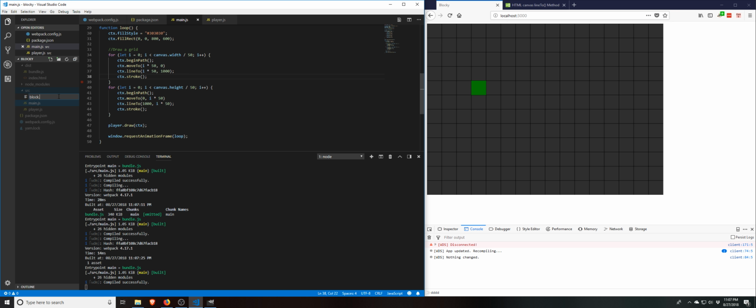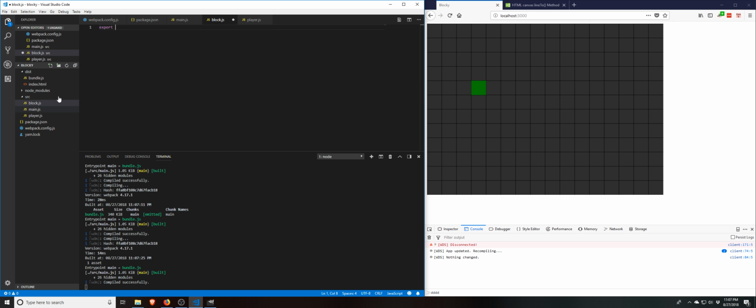So block.js and export default class Block. And there are going to be certain things that every single block has, and that's kind of what we're trying to sort through here. We're going to take in a position, which is going to be an X and a Y, and we'll say this.position equals X is going to be X, Y is going to be Y, and then we'll say this.color equals